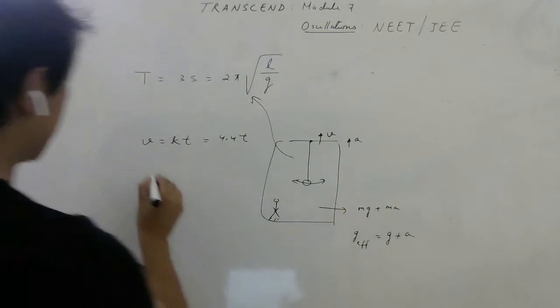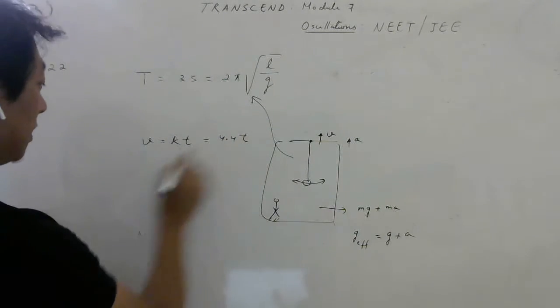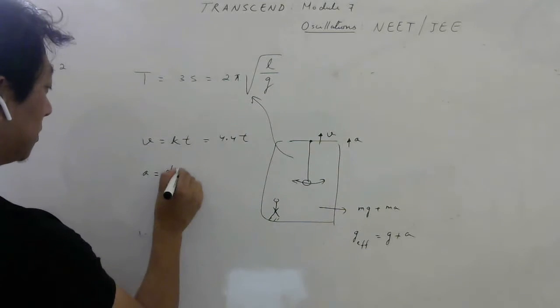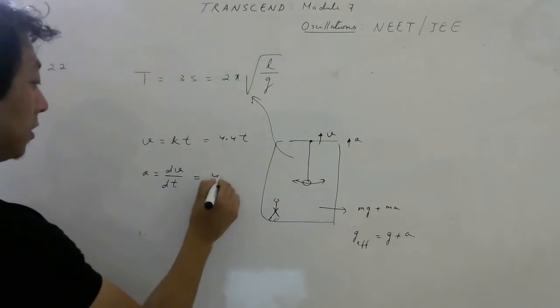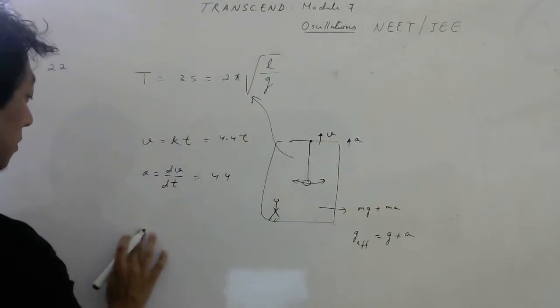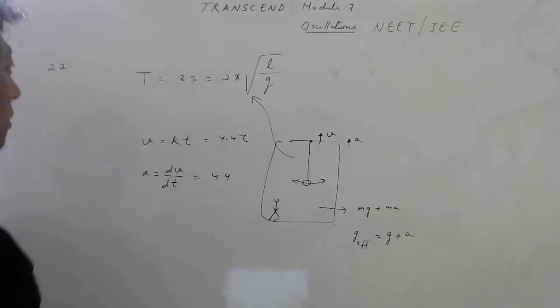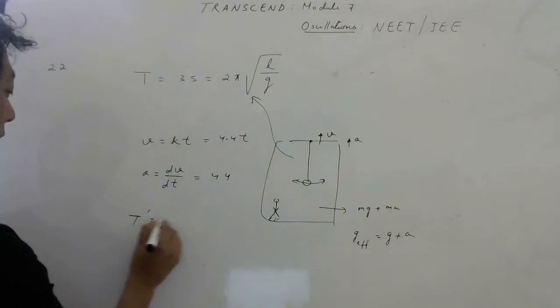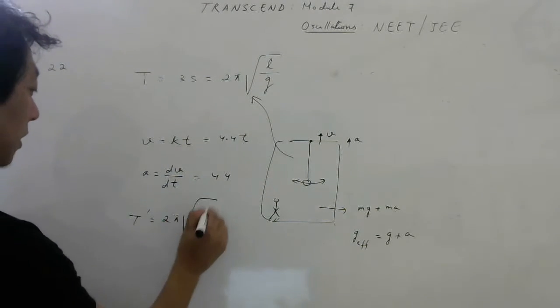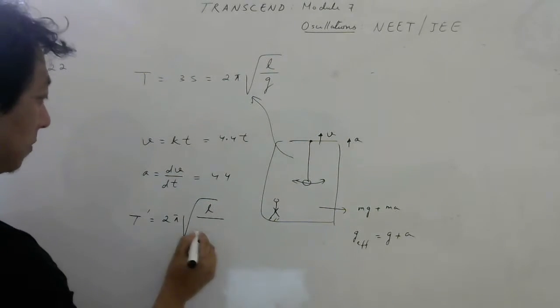So is there any acceleration? Yes, because velocity is changing linearly with time. Acceleration is the rate of change of velocity, instantaneous acceleration dv by dt. So that will be simply 4.4. So the initial period was 3 seconds. So the new period will be 2 pi root over, the length remains the same,